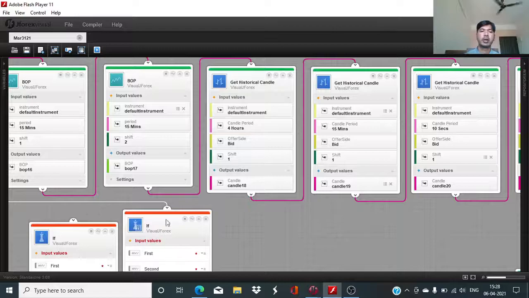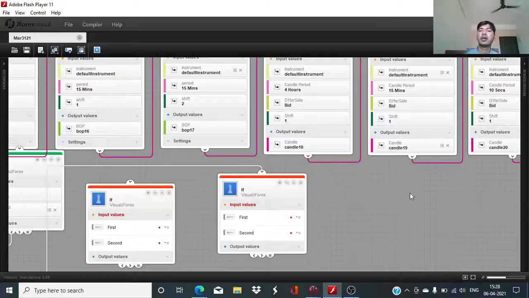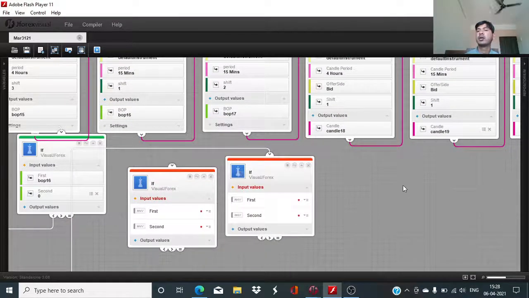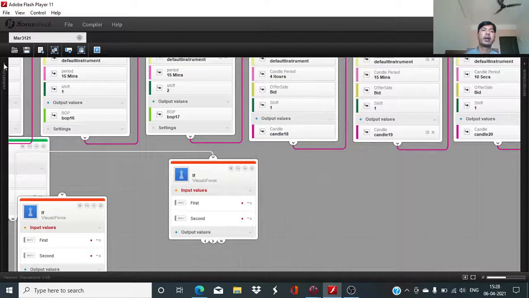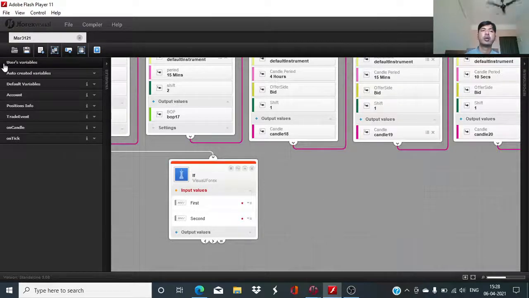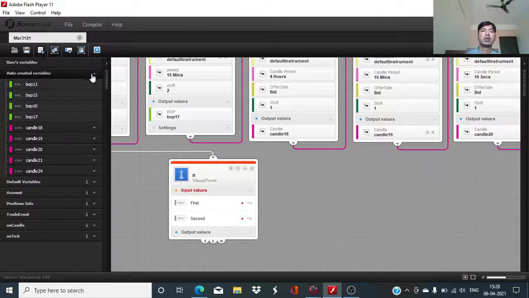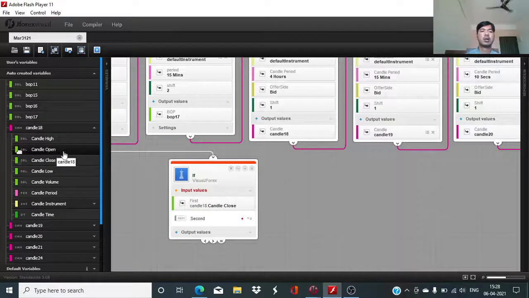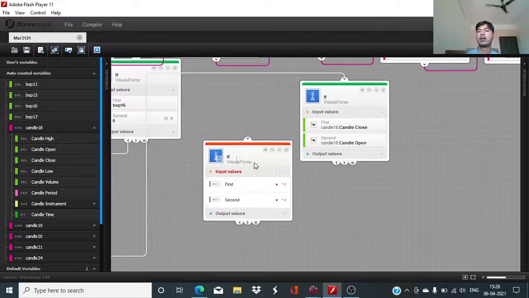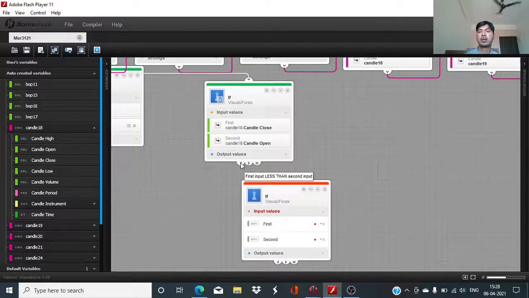And now we turn our attention to the get historical candle comparisons, and we will first define the conditions using the closing and the opening value for candle 18. The candle 18's closing value should be below its opening value. Default variables, close, and this is opening. First input less than second input,